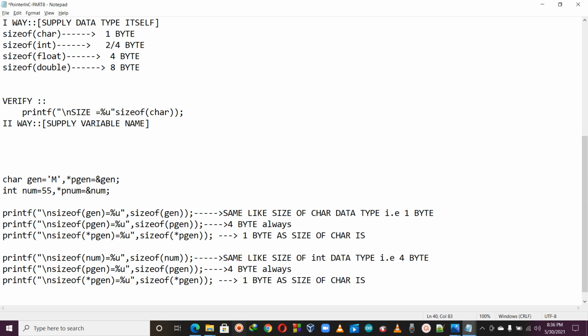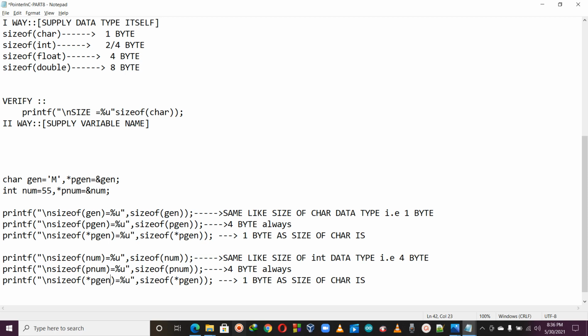Next one, not gen but pnum. Obviously it is a pointer, so I will get 4 bytes always. No confusion.